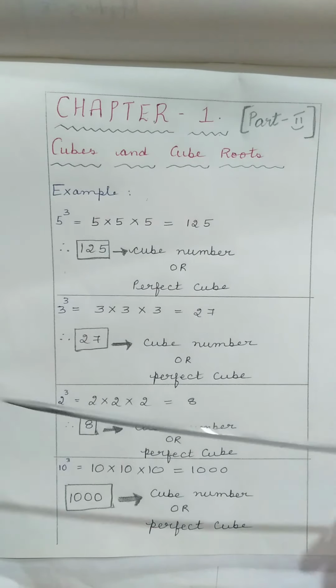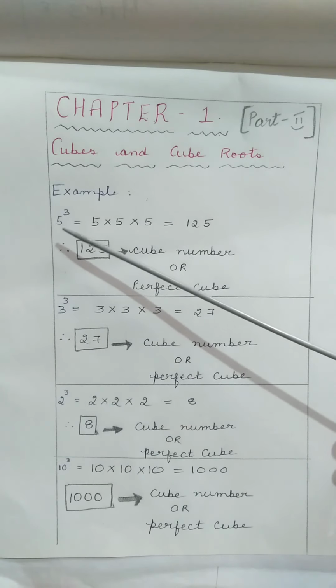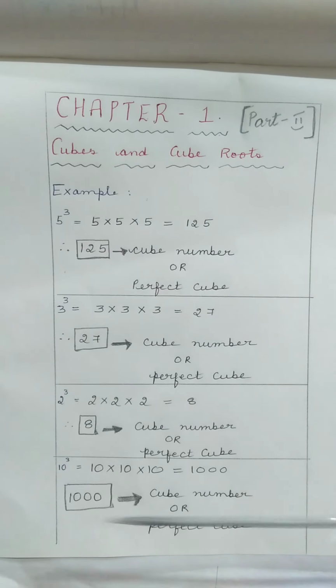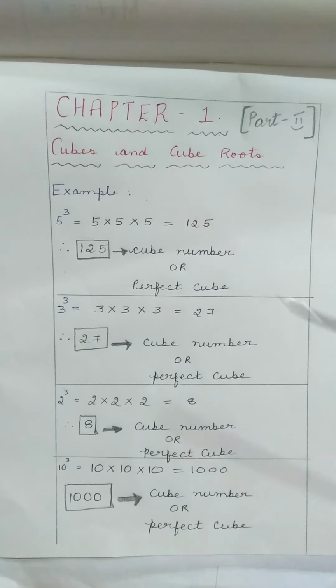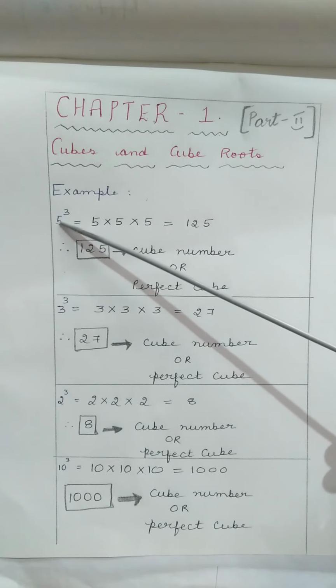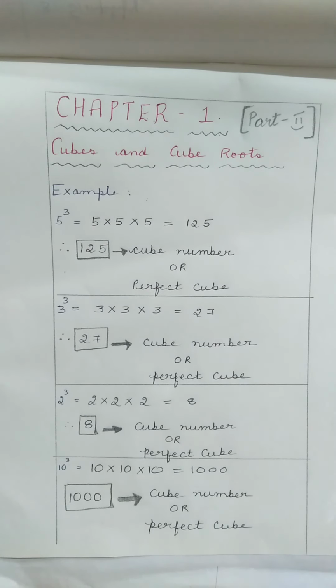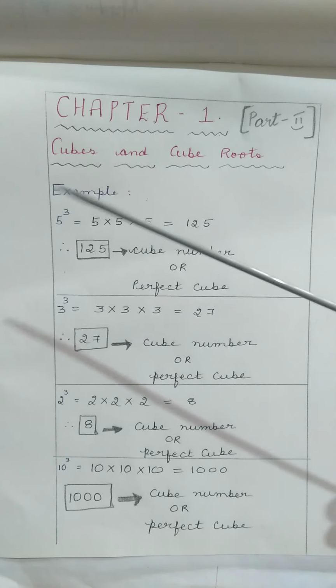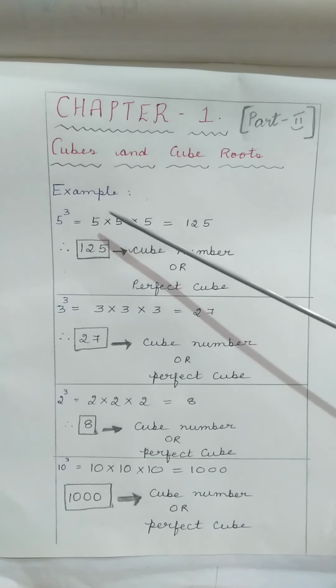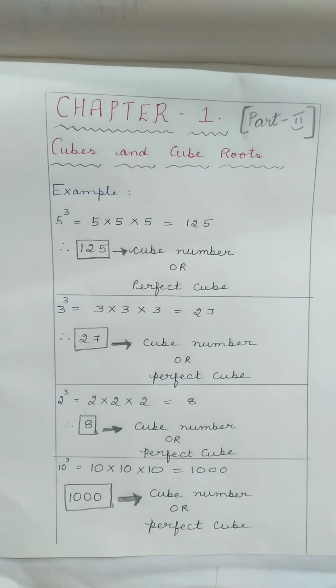Look into the first example, children. We have here 5 to the power 3. This 5 to the power 3 can also be read as 5 cube. Now 5 cube means the number 5 has been repeated 3 times. That is the meaning of 5 cube. When we write this 5 cube as 5 into 5 into 5, we will obtain our final answer,